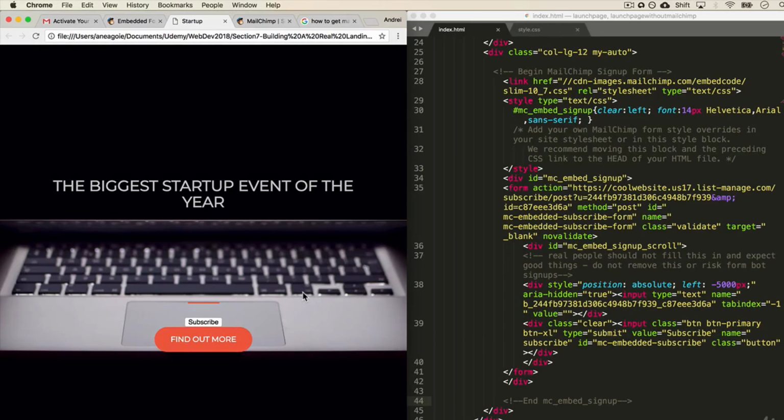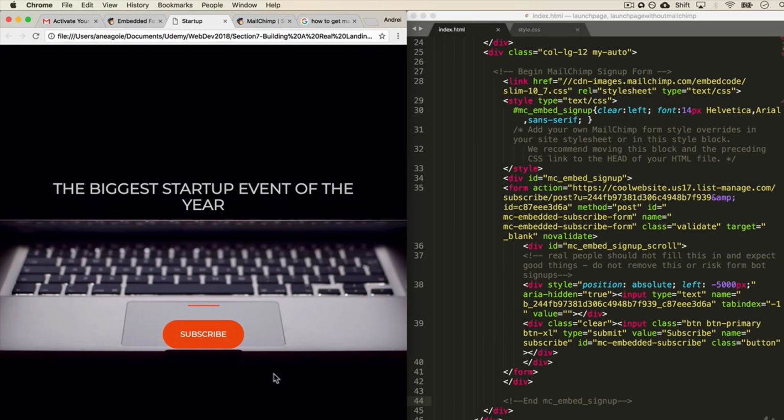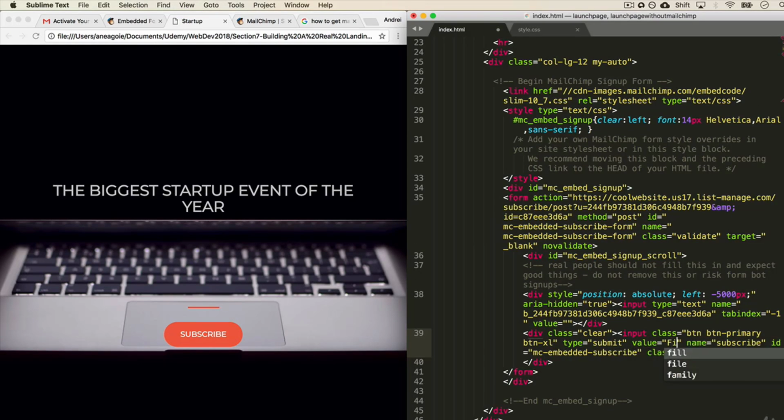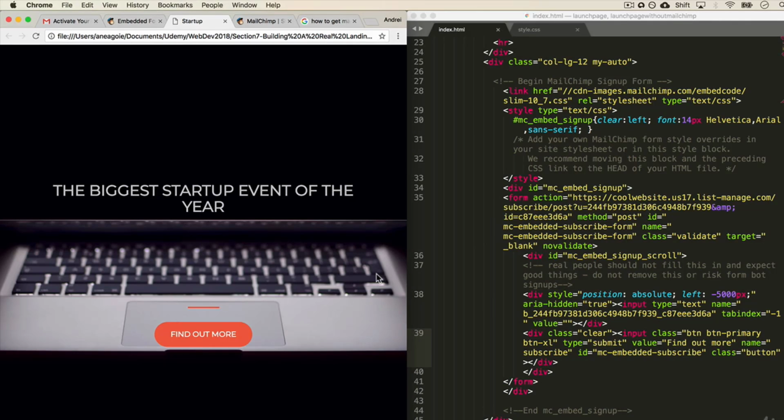let's save and refresh. Look at that. We have our button, but it changed our text, so make sure you remember to change back your text to find out more. Save and refresh. Look at that. And now if we click on this,